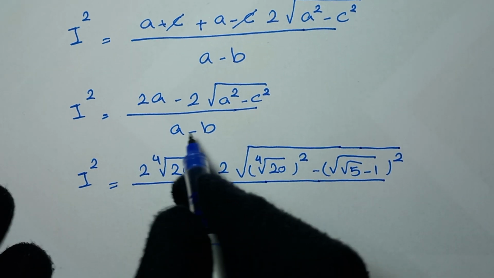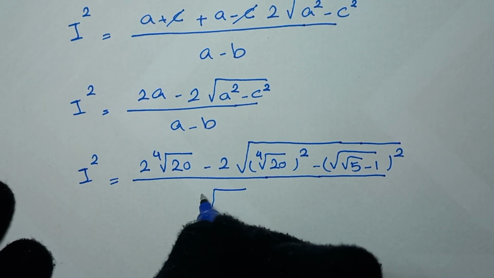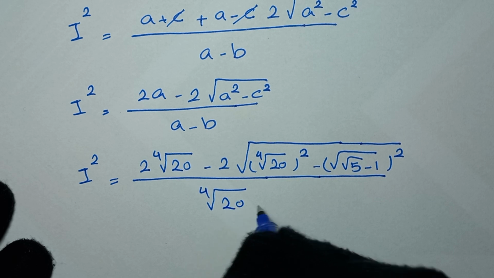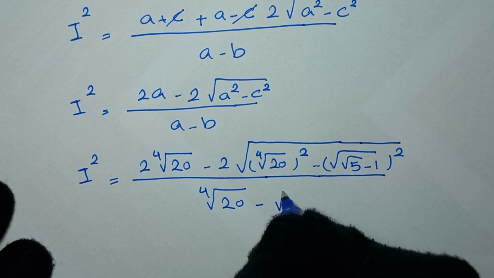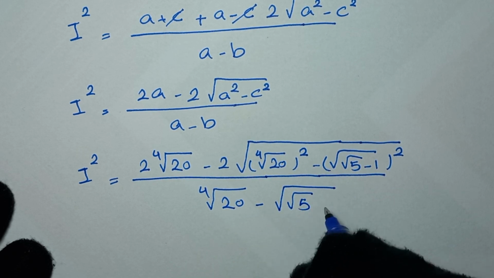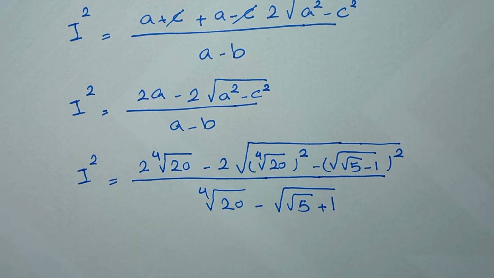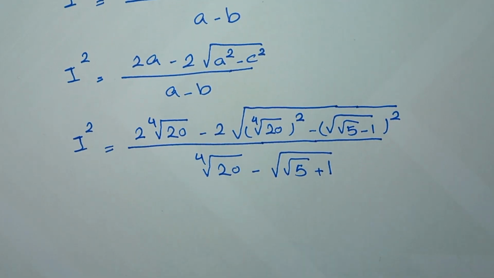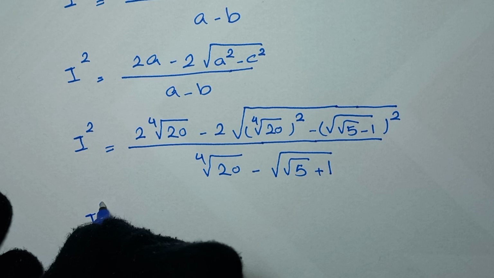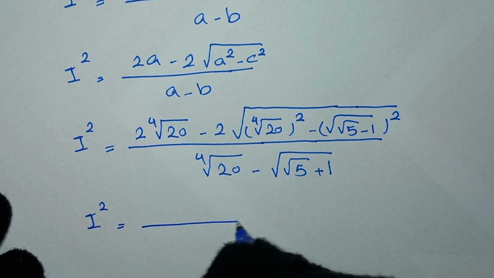And over a minus b, so a is fourth root of 20 minus b, b is square root of 5 plus 1, and it will be I square is equal to,